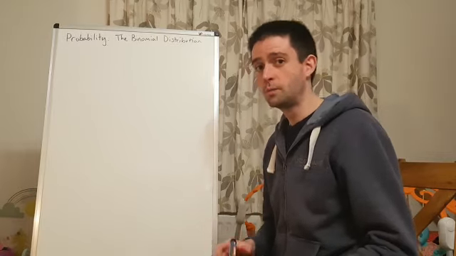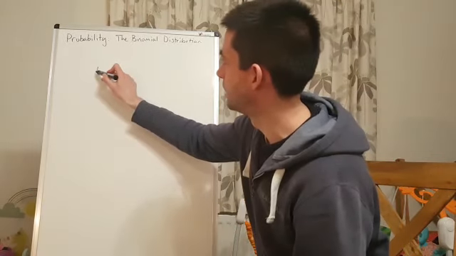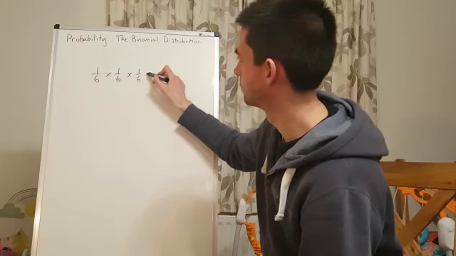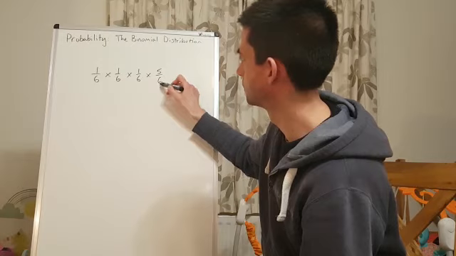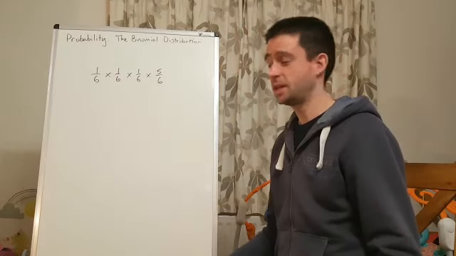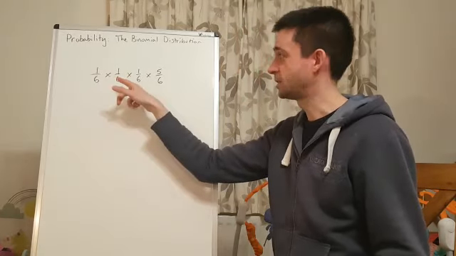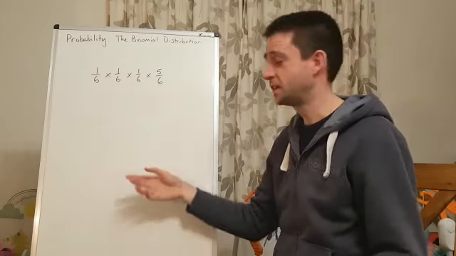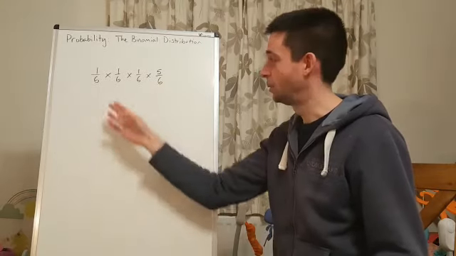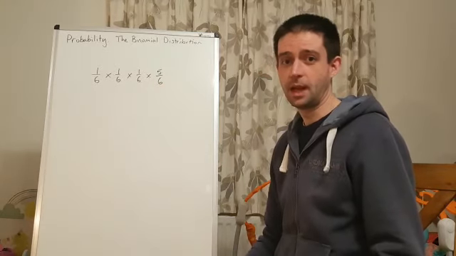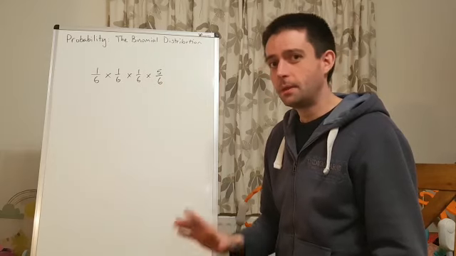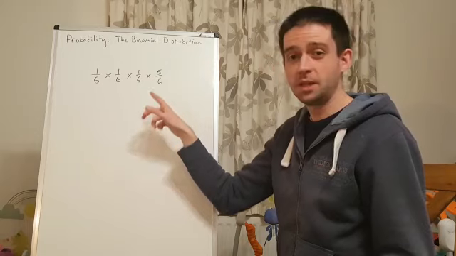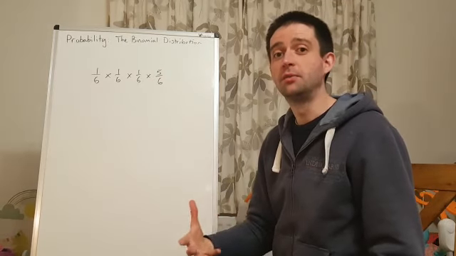Okay, what you probably got is something that looks a little bit like this. So you've said getting a 6 has a probability of 1/6. That's happened 3 times. And we've also had one occasion where we didn't get a 6 with a probability of 5/6, and we've multiplied those things together. Now, that isn't the answer, because by doing it this way, we haven't considered the number of different ways that